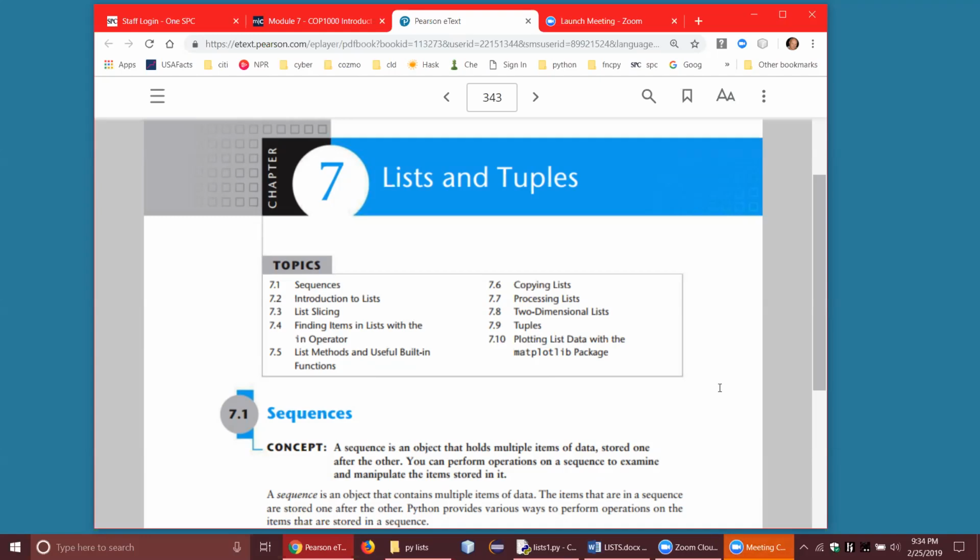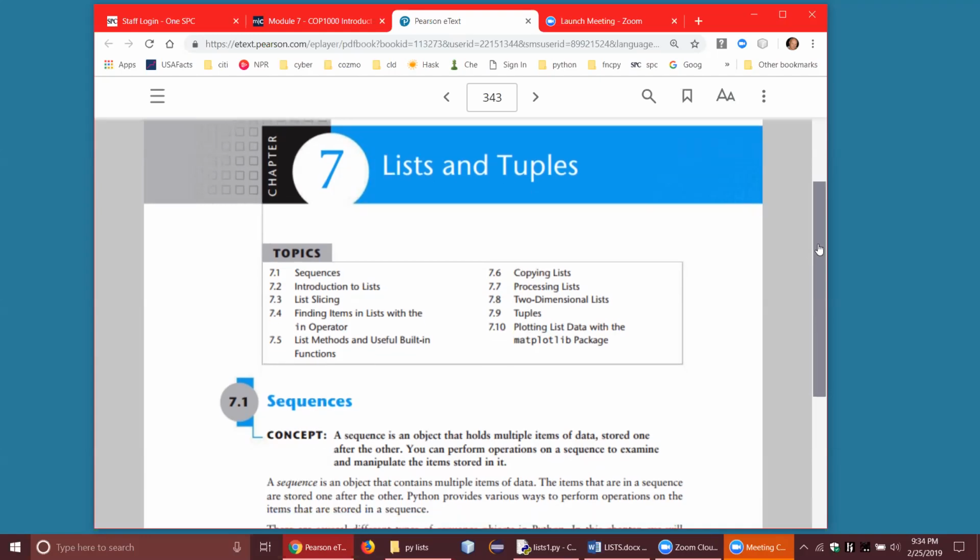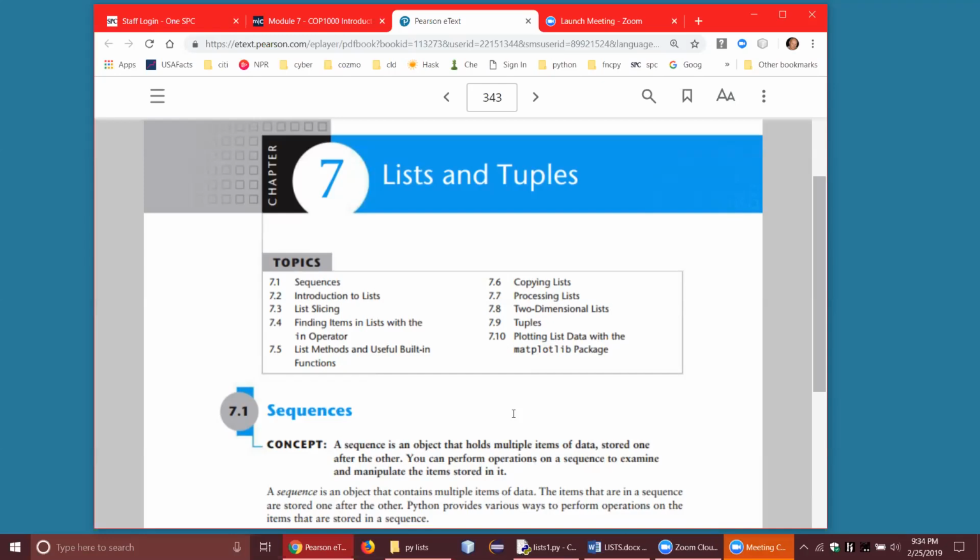Lists and tuples are what are called sequences. Actually, a string is also a sequence because there's a series of characters, right? And you can do special things with sequences in Python. But the main thing that you need to know about lists, I've tried to put right here in a